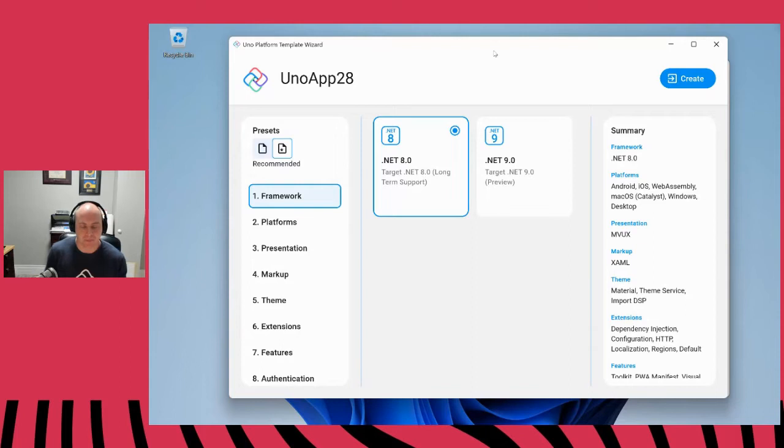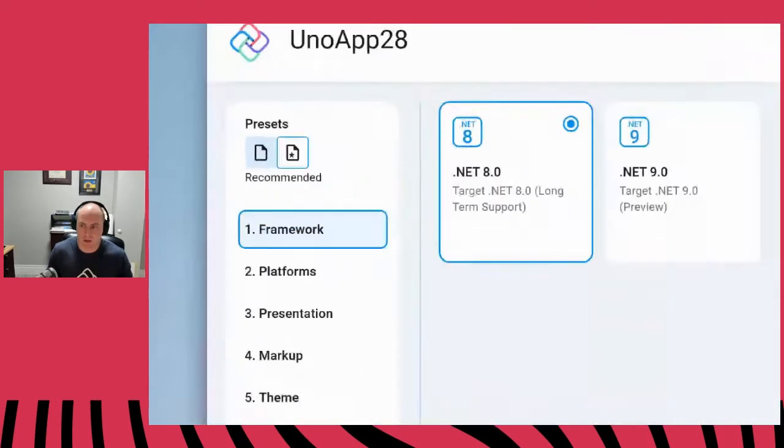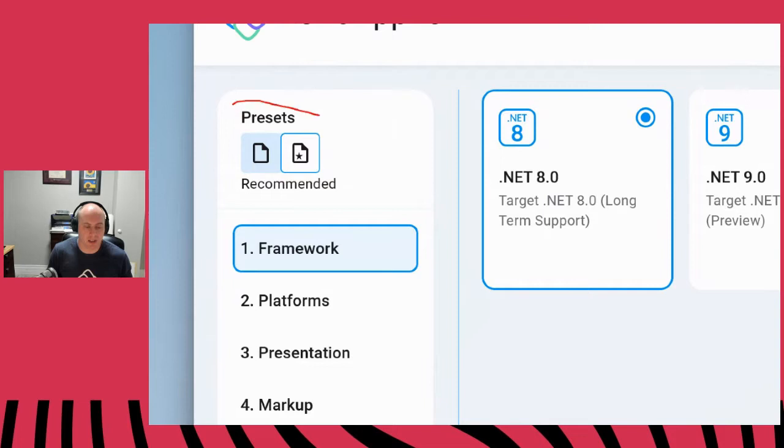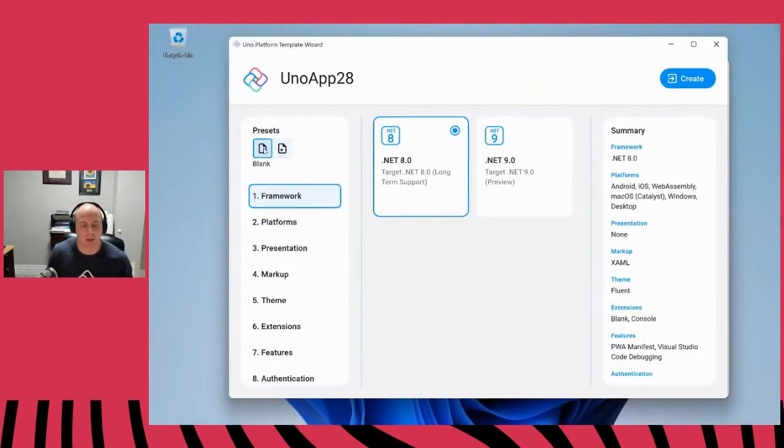So you'll see, I won't go through all the options because there's a lot, but you'll see we have options we have already previews and support for the previews of .NET 9, but I'm going to stick with .NET 8. We have presets here. Can I zoom in? Yes, I can. So we have presets here. So we have a recommended and sort of a blank preset. So I'm going to go back to blank because we're going to do some customizations. But recommended comes with all the bells and whistles turned on, like everything that we're going to slowly build up